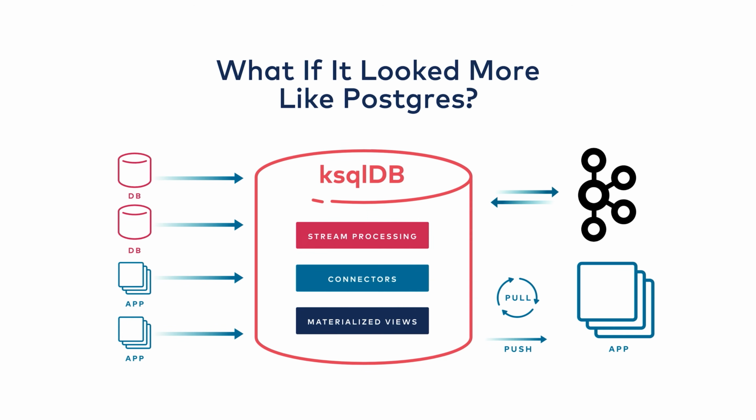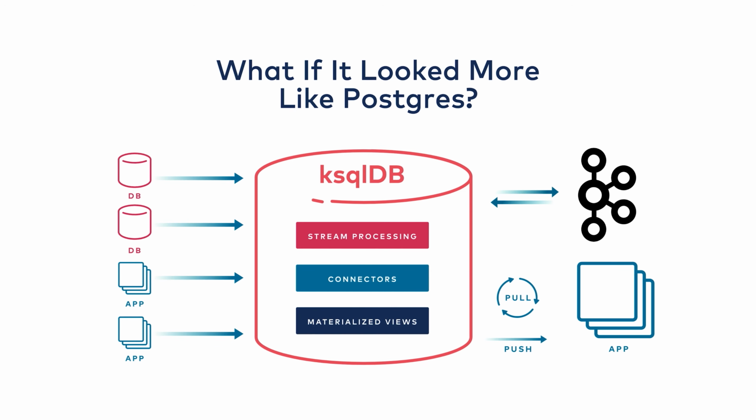Quite a lot, actually. Relational databases, and in particular SQL, have been an incredibly effective abstraction for creating simple architectures. SQL hides all of the underlying complexity of query execution, indexing, concurrency control, crash recovery, replication, and so on. Stream processing, it turns out, needs to implement many of the same pieces of technology to be a complete solution. That is why ksqlDB builds on this timeless abstraction and tucks away the complexity we just looked at behind the interface of a database. Inside you have primitives for stream processing, but you also have primitives for connectors, which make it easy to transport data to and from the outside world.